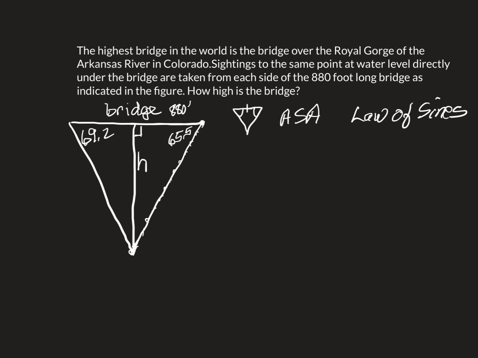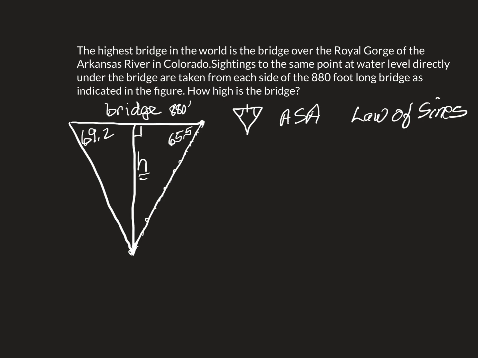So when you look at this problem, what you really want to find is h, the height of the bridge above the water. Okay, and I know one thing, it's over 1,000 feet because I've been to this bridge. I've walked across this bridge about 10 years ago. And I've been to this bridge when I was a little kid as well because I lived in Colorado. So that's where I grew up. Anyway,